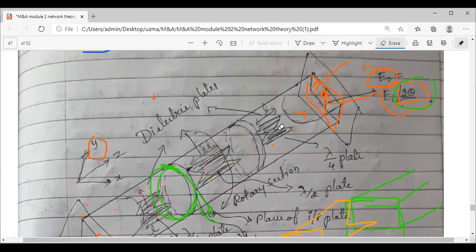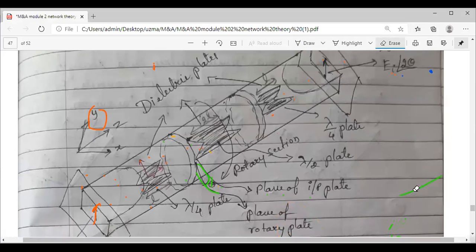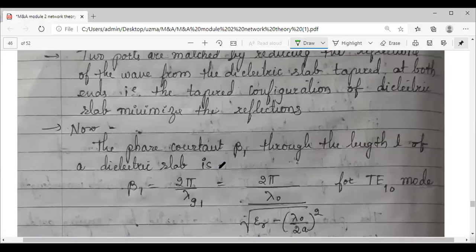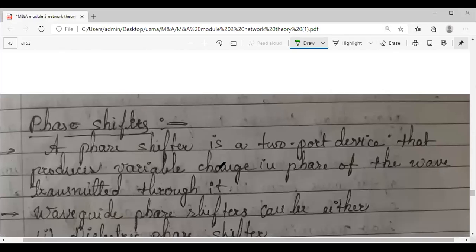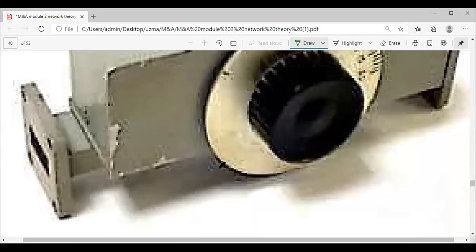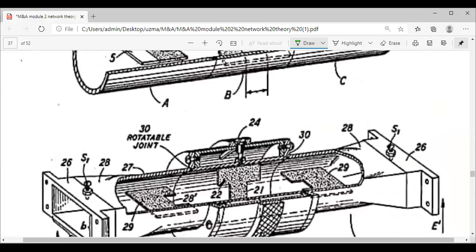And we have already seen the two dominant modes, in case of rectangular and in case of circular, when we were dealing with the attenuators part. So in case of rectangular waveguide, let me just quickly show you the slide. In case of rectangular waveguide, which is the dominant mode, I hope you remember.